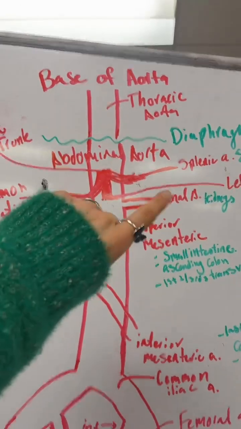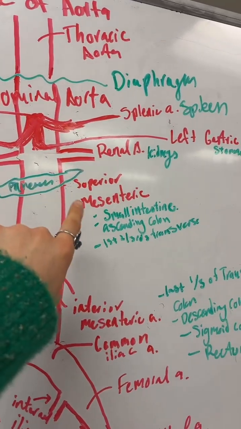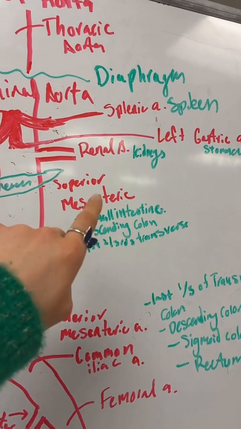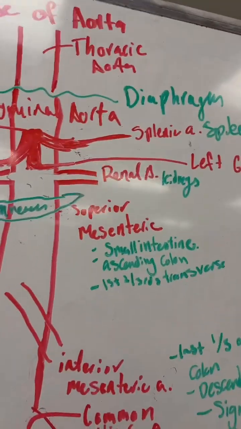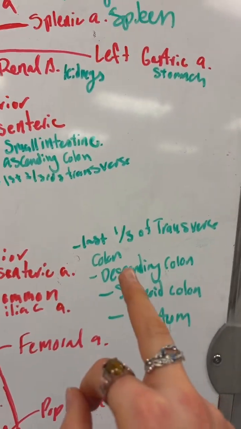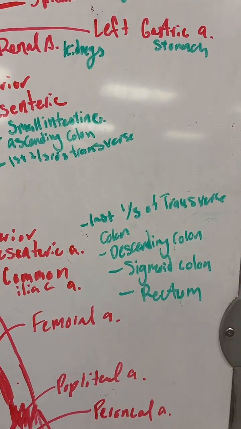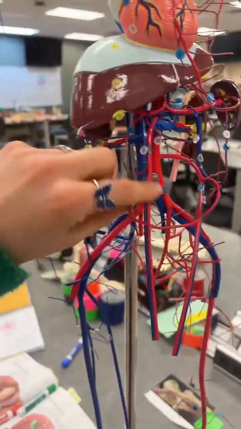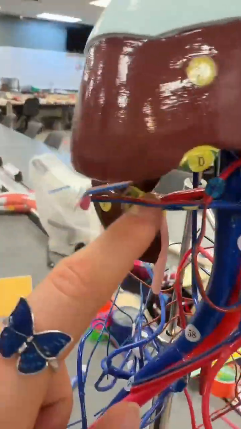The right and left renal arteries go to the kidneys. The superior mesenteric goes to the small intestine, ascending colon, first 2/3 of the transverse colon, and the inferior mesenteric goes to the last 1/3 of the transverse colon, the descending colon, the sigmoid colon, and the rectum. And I'll show you that this is the superior mesenteric. This would be the inferior mesenteric, and then going into the kidneys would be the